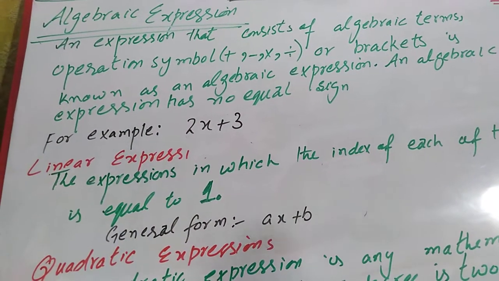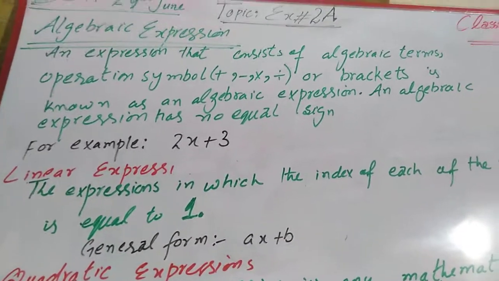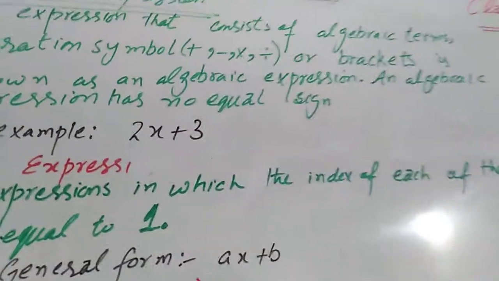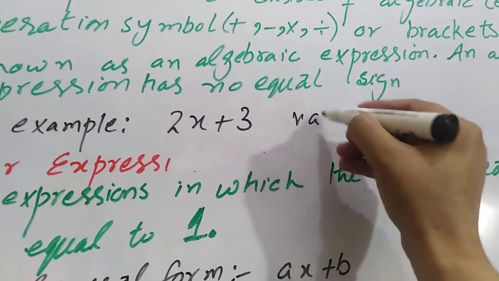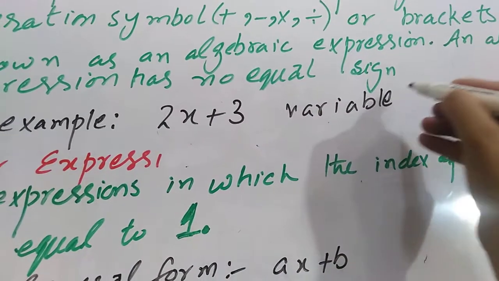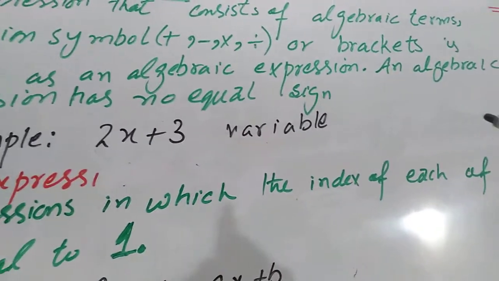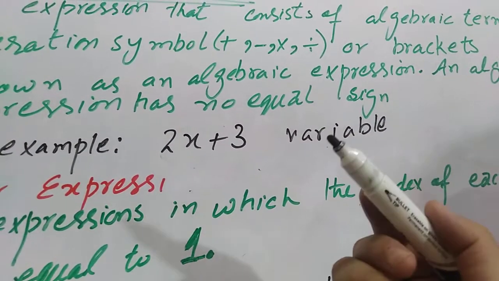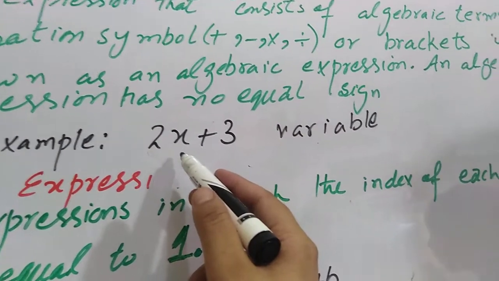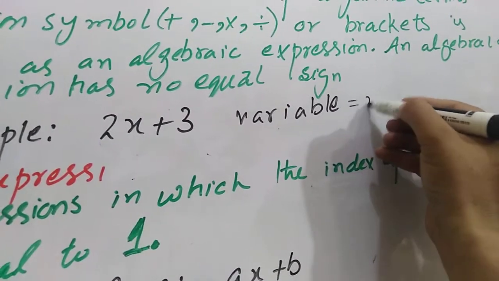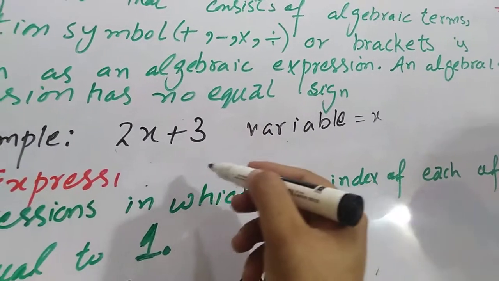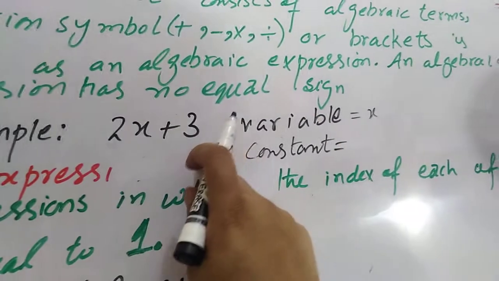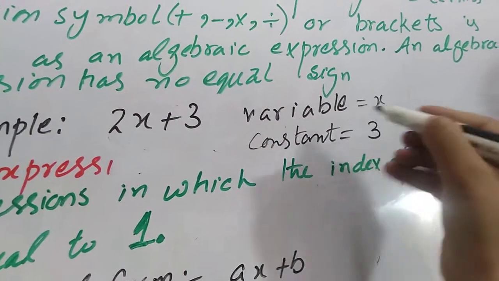Okay, now below I have given the example of an algebraic expression. It is 2x plus 3. Now we will identify the algebraic terms from it. First I am going to identify the variable which is used over here. Now look at this expression. An alphabet stands for a variable, so only one variable is used over here, which is x. Now what is the constant term? The next algebraic term, the constant term we have over here is 3, and